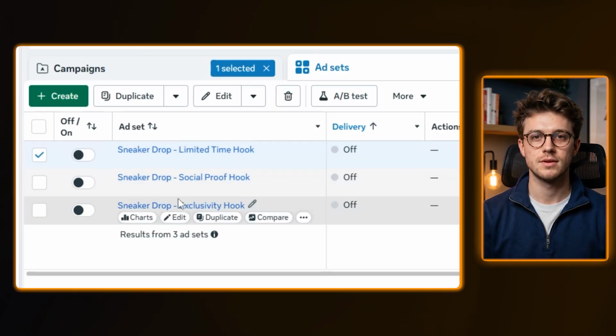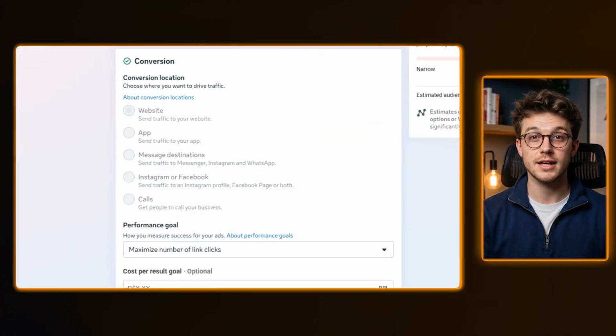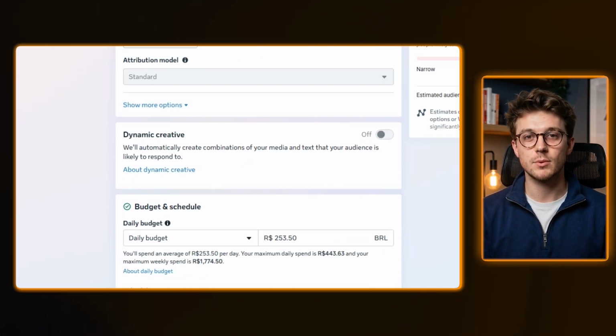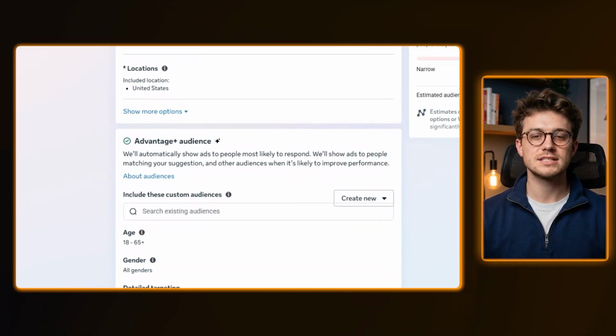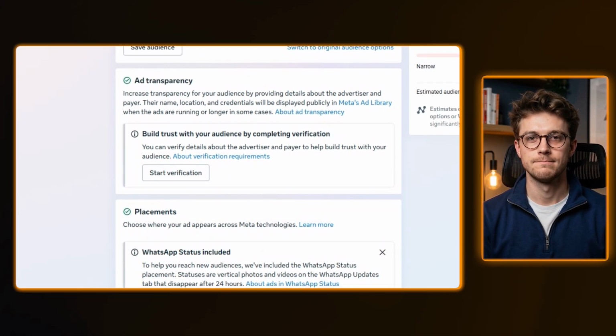Now this is the part I do not skip. I open Ads Manager myself, read every line of copy, double check the targeting, and verify the budgets are exactly what I asked for. If something's off, I just tell Claude what to change in the same chat. Once everything looks right, I publish from Ads Manager myself. That last step is intentional. Claude drafts, you launch. What used to be a full afternoon of campaign setup is now a 15-minute conversation plus